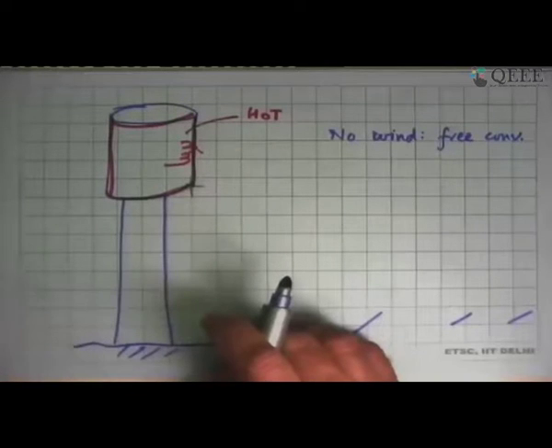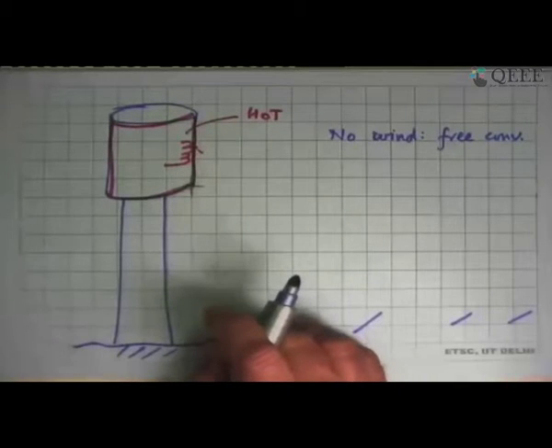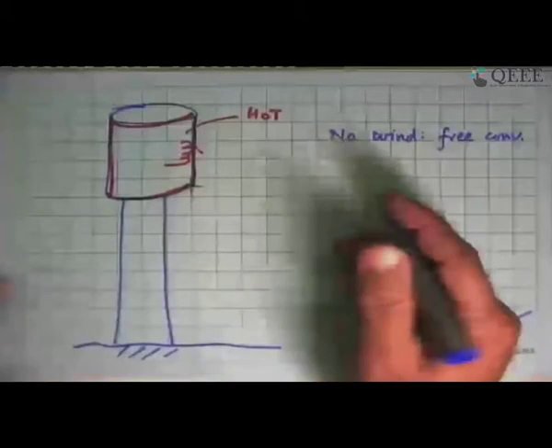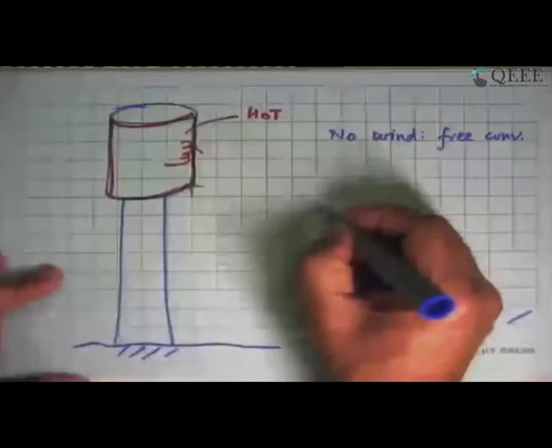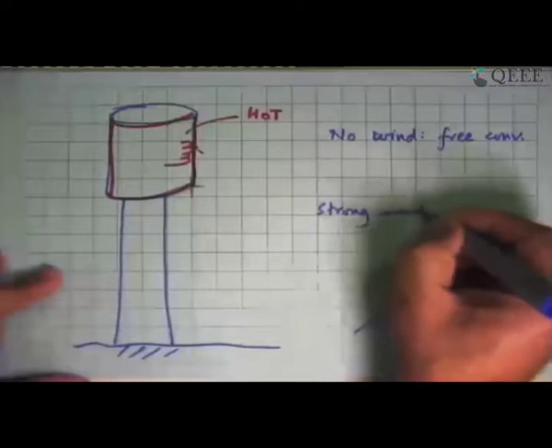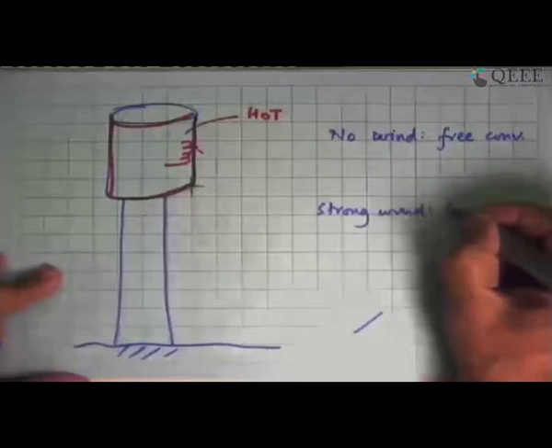The other extreme, a very strong wind blowing over it. And then you can say, okay, if it is 30 kilometers per hour or 60 kilometers per hour wind, then what happens? Then we can calculate all these numbers, and maybe you could come to the conclusion that if you have, say, a strong wind, this would be forced convection.